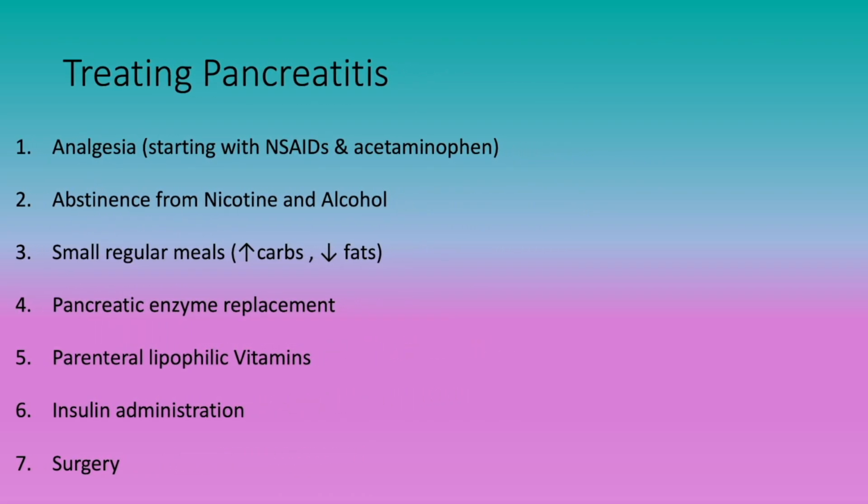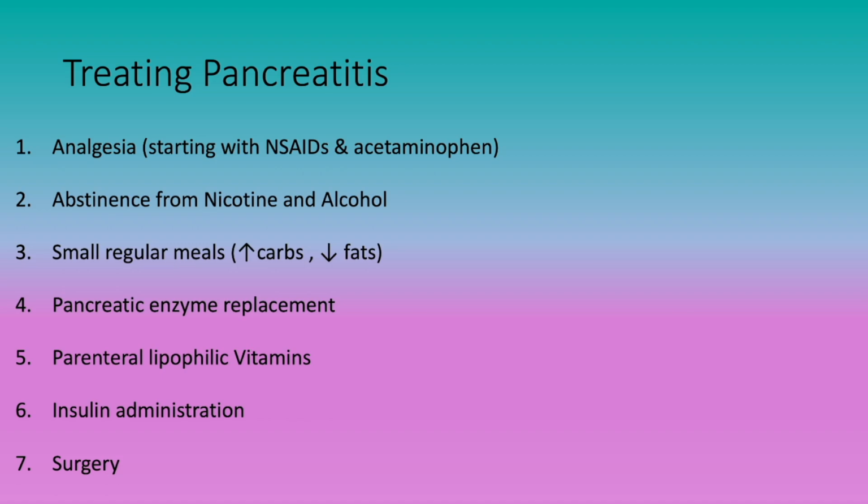Now guys, that we know the cause, the mechanism, the symptoms, and we diagnose chronic pancreatitis, how do we treat it? Due to epigastric pain, especially in the early course of the disease, we have to give patient analgesia, starting on non-opioid analgesics like non-steroidal anti-inflammatory drugs and acetaminophen. Other more interventional approach to analgesia is the celiac ganglion block. The patient should have abstinence from nicotine and alcohol, should take small regular meals with increased carbohydrates and decreased fats